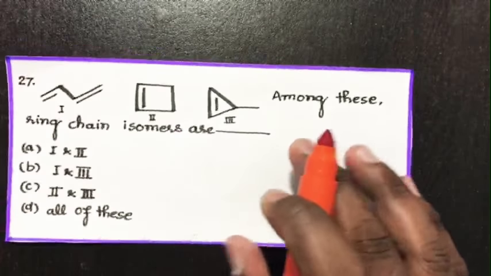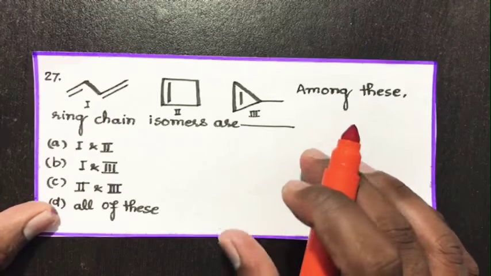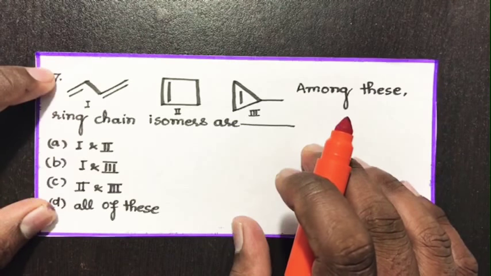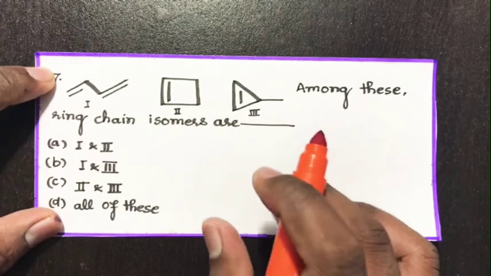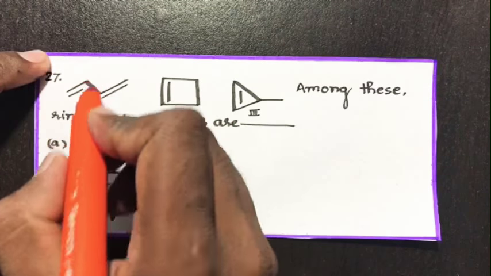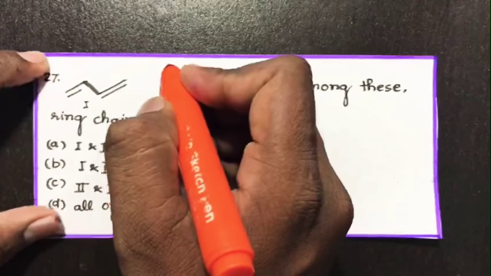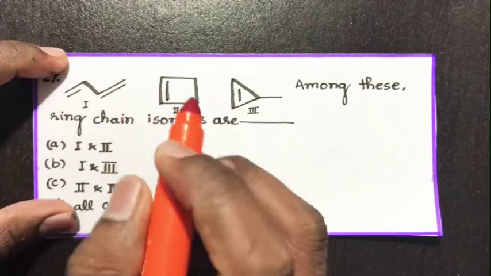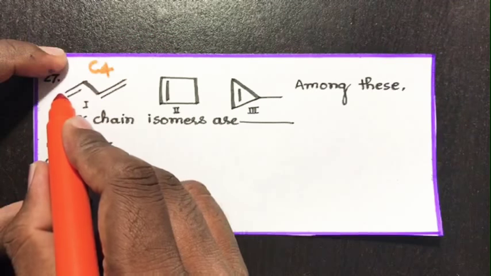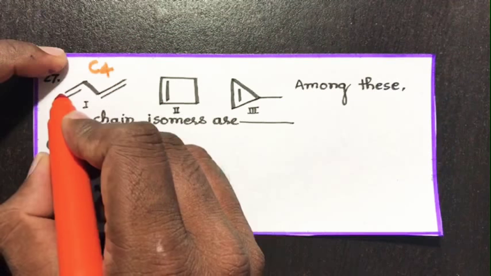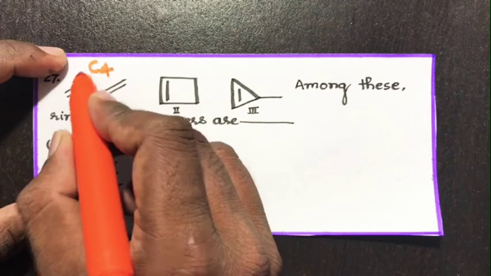Now coming to question number 27. This is a question based on ring chain isomers. Among these, let's see here. If you want to find the molecular formula for this compound, this will be C4 and there will be 2 hydrogens here, 2 hydrogens here, so 4, 1 hydrogen here and 1 hydrogen here,